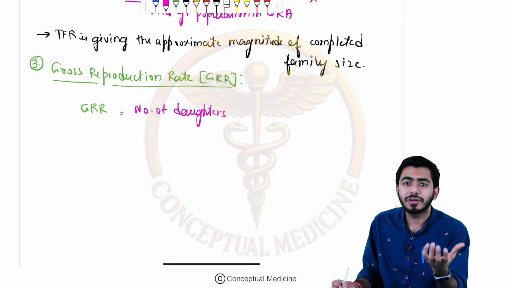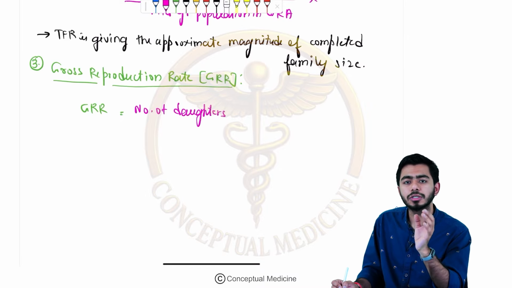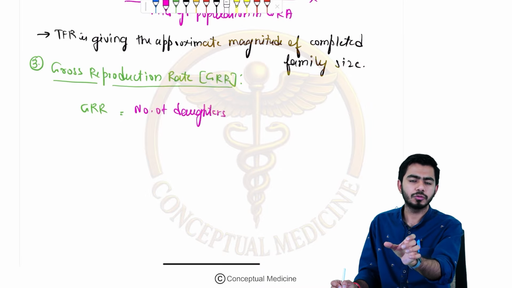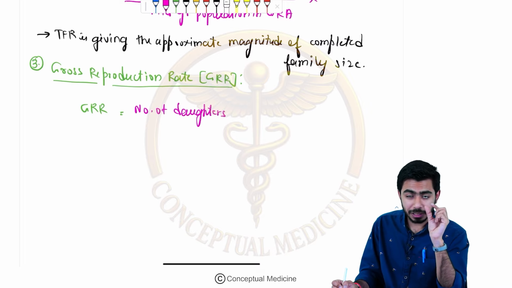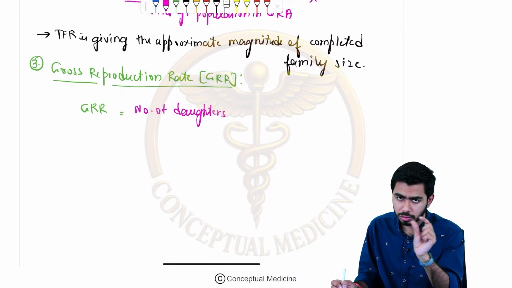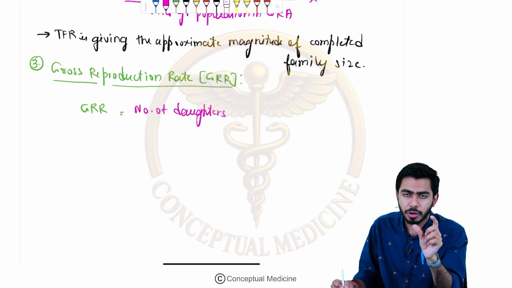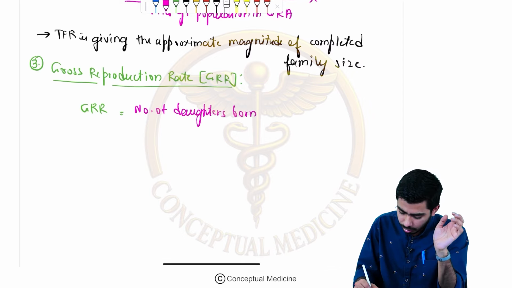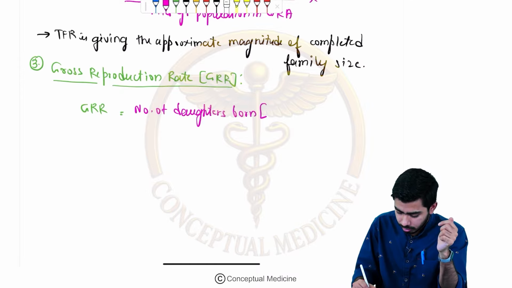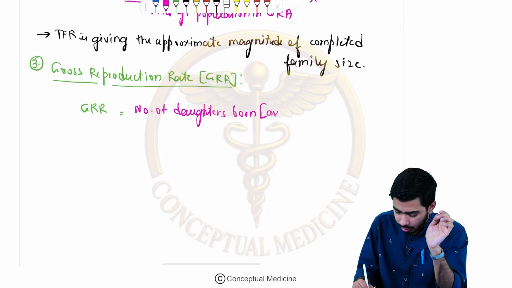Okay, so in the fertility rates, I was talking about the number of live births. I was not discriminating by gender. I was just saying the number of live births. Live births could be daughters also, sons also, right? But over here, I'm specifically concerned about the daughters, not the sons, only the daughters. So the number of daughters born in that particular area, assuming age specific fertility rate,